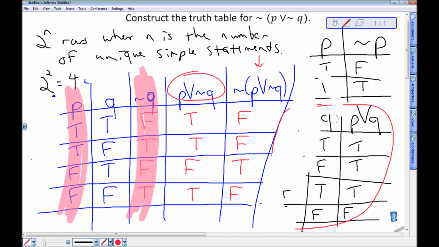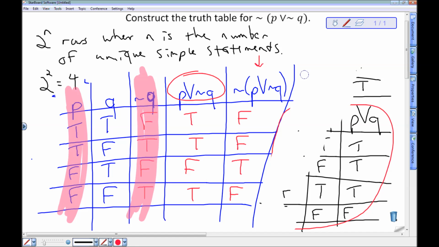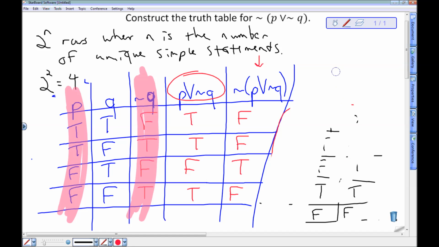is my truth table for it is not true that P or not Q. And I'm trying to give myself a little room here to write because I want to note something about this table. Just like my tables for conjunction, disjunction, negation, this table now lets me interpret that statement. Not P, or it is not true that P or not Q. What's remarkable about it? Well,